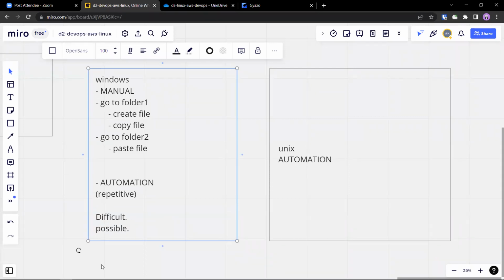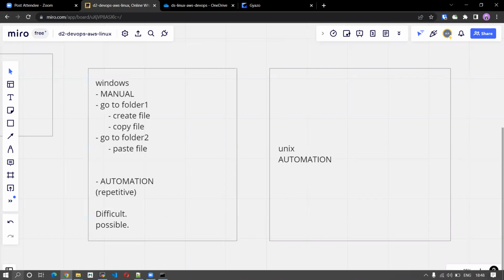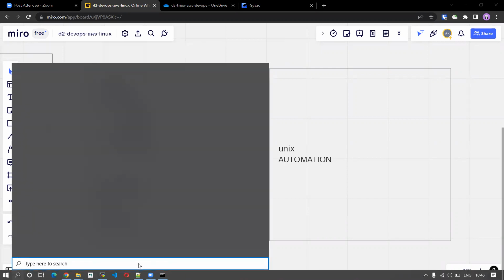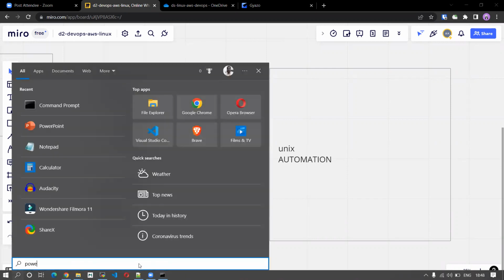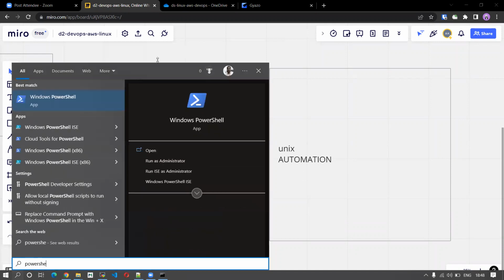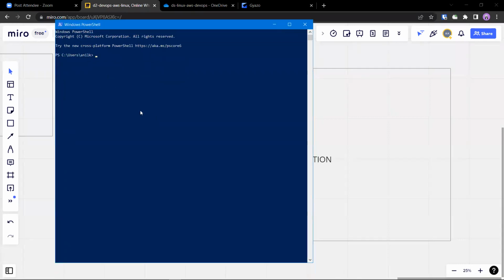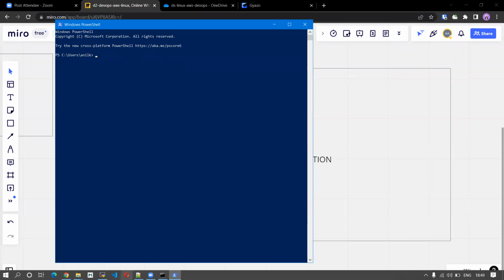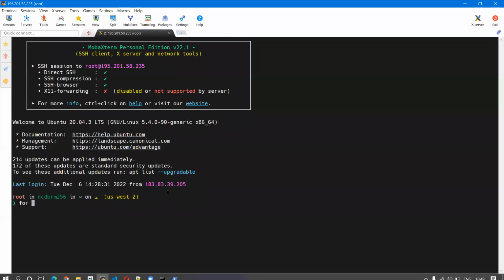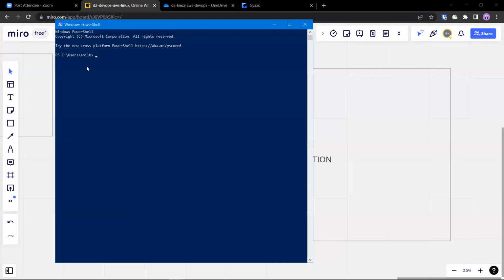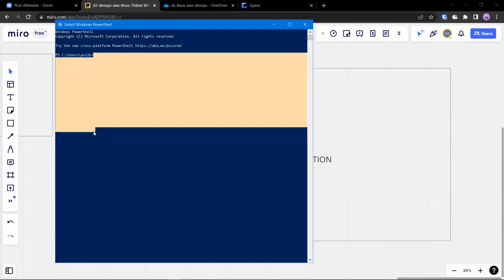It's possible with a programming language or a tool called PowerShell. This was introduced recently, about 5 years before. This is similar to what you are seeing here on Unix, meaning you can write programs on Windows and you can run it here.